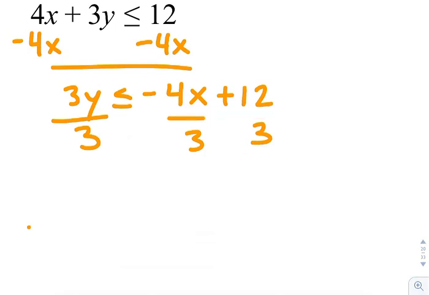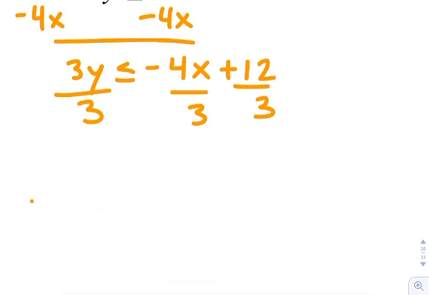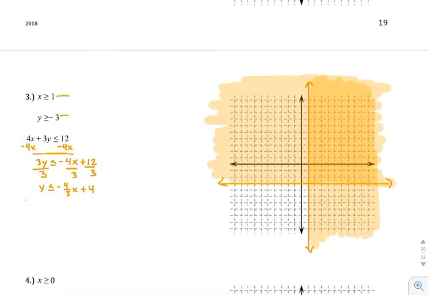But everything in the equation has to be divided by 3. So y is less than or equal to, I'm going to keep that as a fraction. You don't want to divide 4/3 and get a decimal because you can't graph a decimal slope. You can graph a fraction slope though, so keep it as a fraction. 12 divided by 3